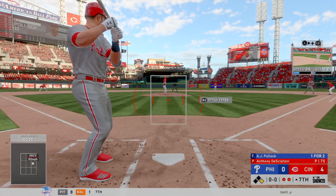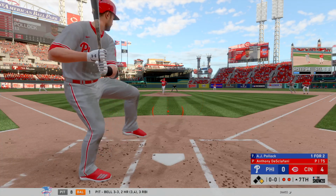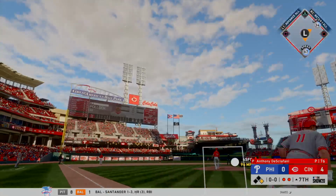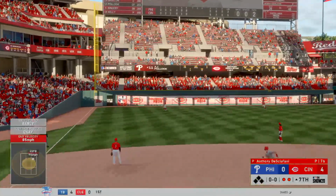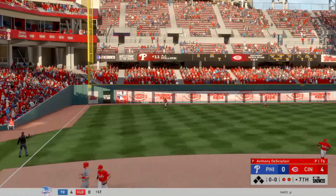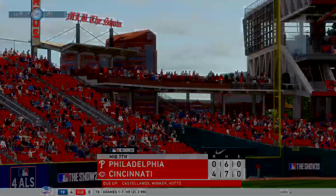Striding in once again, A.J. Pollock. He's singled in 2 trips to the plate thus far. First pitch on its way. Pulled high in the air out to left field. Castellanos is there, and he'll make the catch to retire the side. Starting to run out of innings here as they...